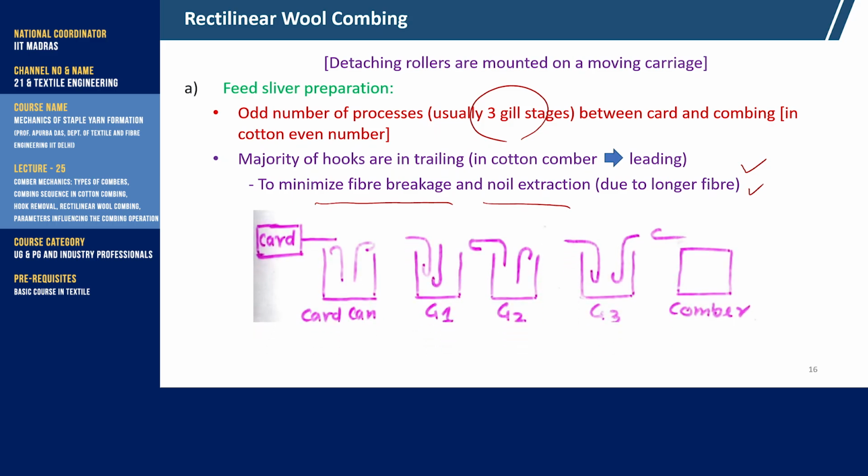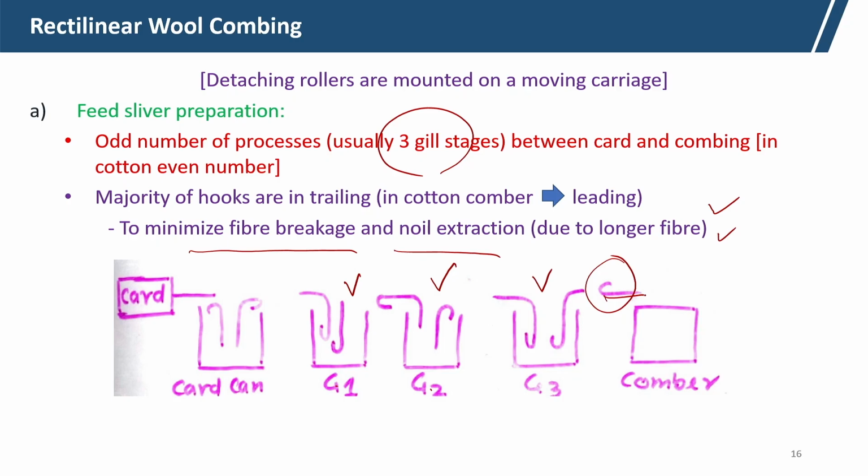So, we can see here this is an odd number process: first gill box, second gill stage and third gill stage. Due to the odd number of processes, the slivers or feed material with a higher number of trailing hooks are being fed, and this will